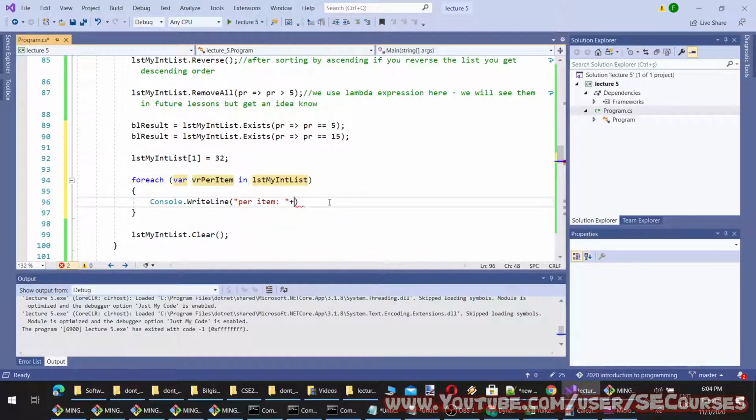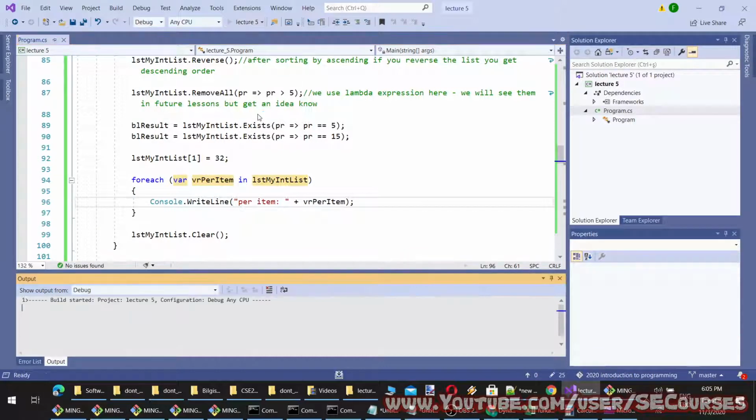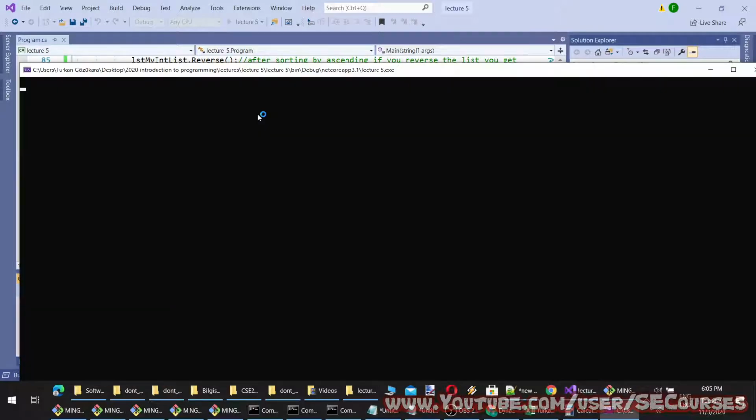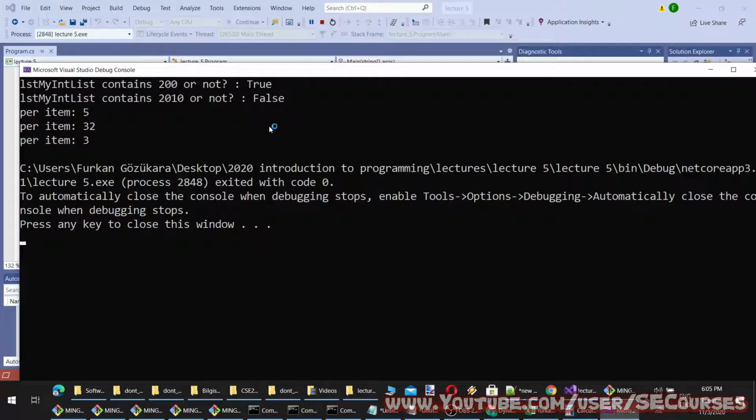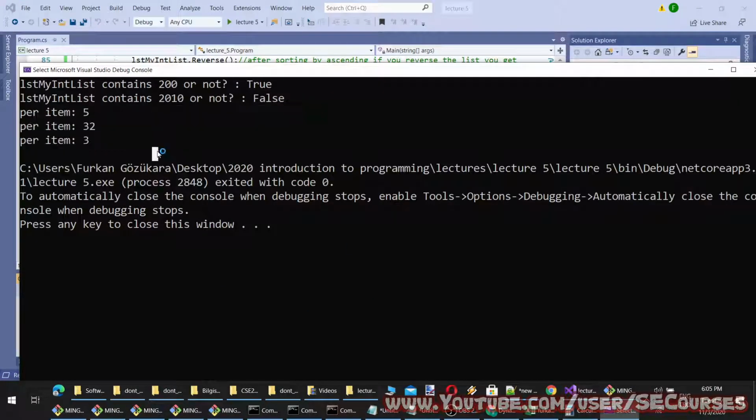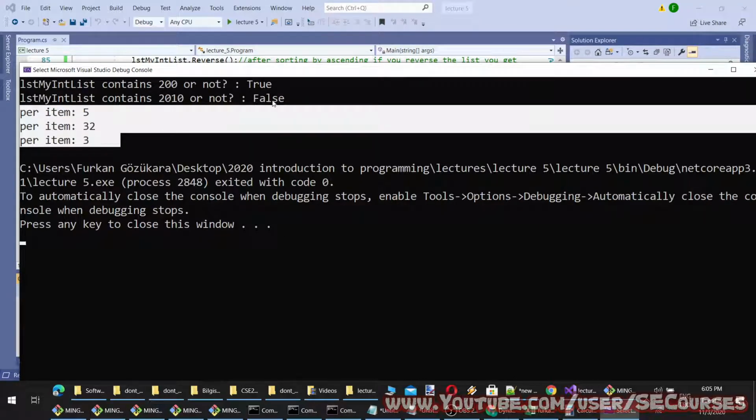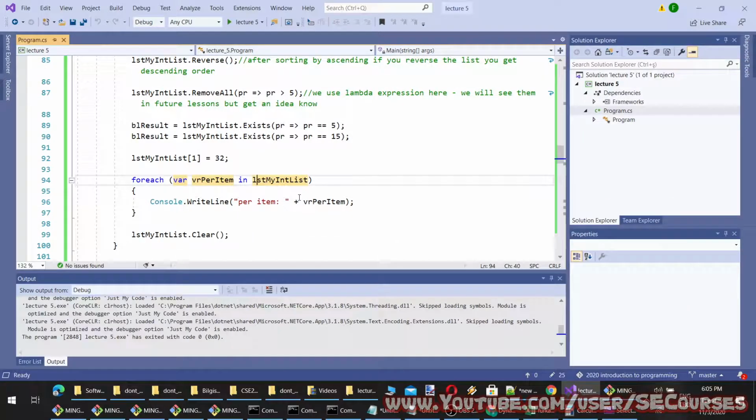This will iterate through all list elements at that moment. Okay, you see they are iterated, and every item is printed with this line.